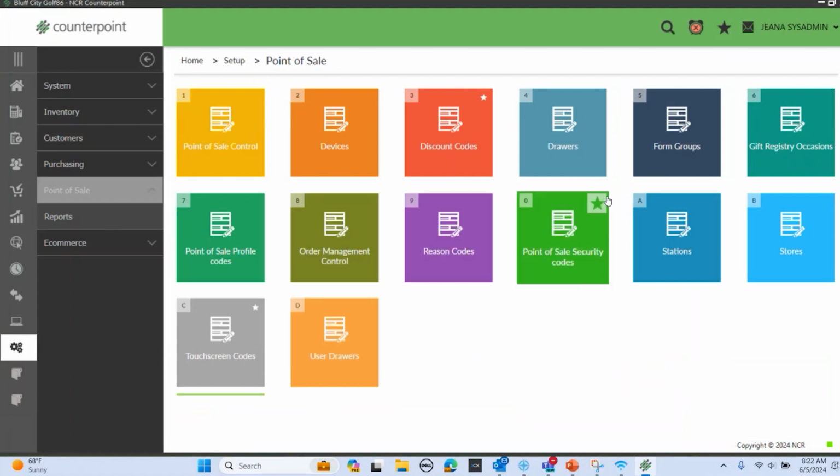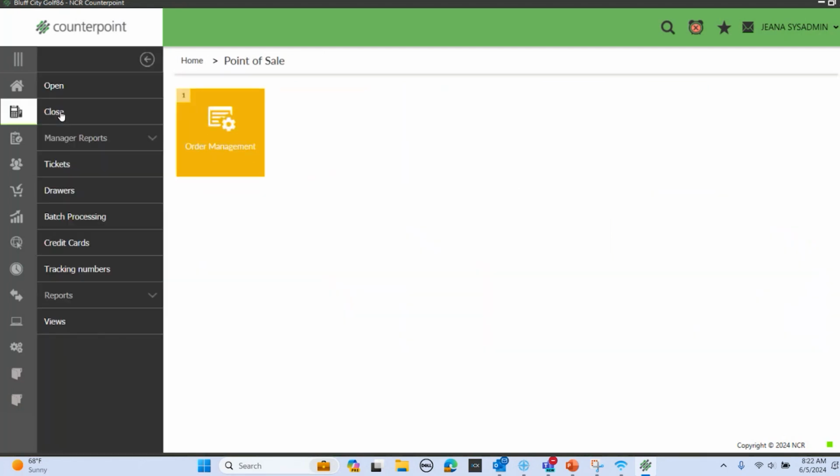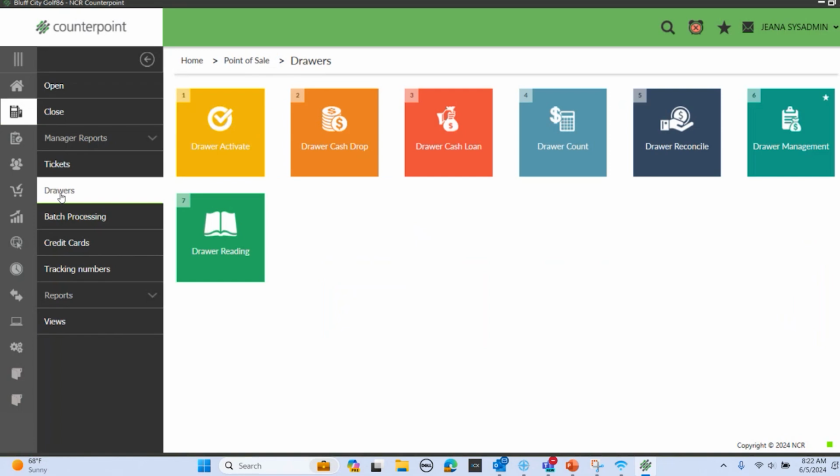Okay, drawer management. Let's talk about that. I see this overlooked quite a bit. Not everybody has access to drawer management by default. So like your point of sale group probably doesn't have access to it. Maybe your manager group does. Definitely your sysadmins do. So if you go home, and I'm going to go to point of sale and drawers,